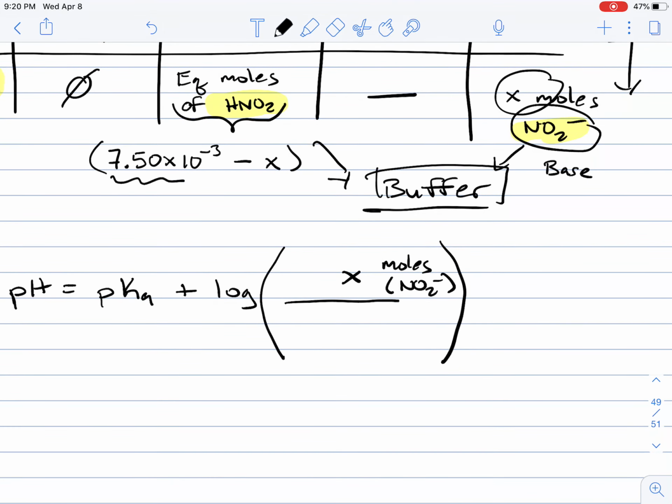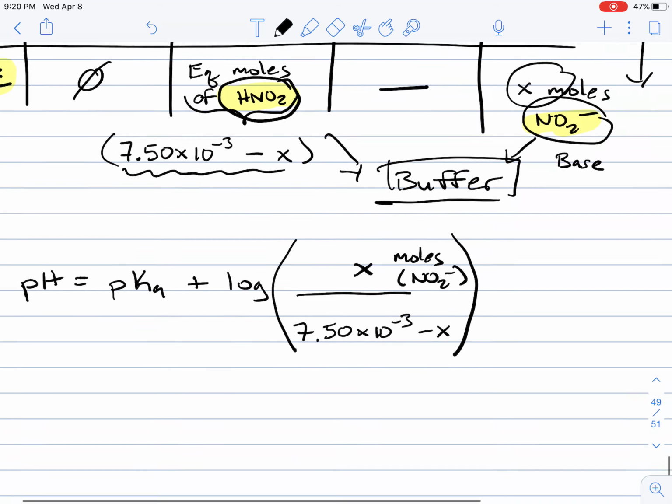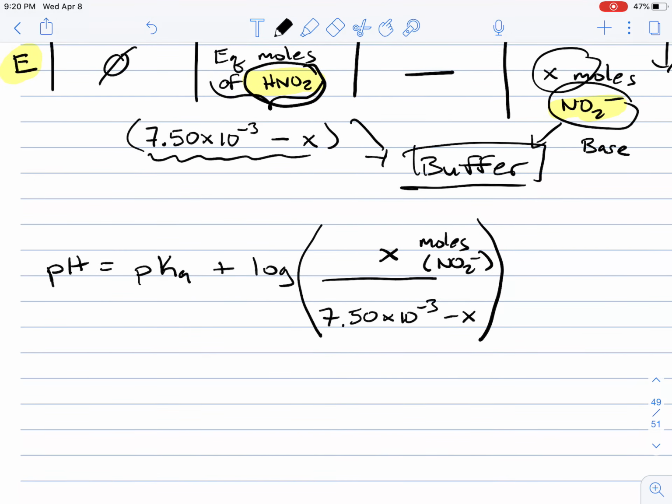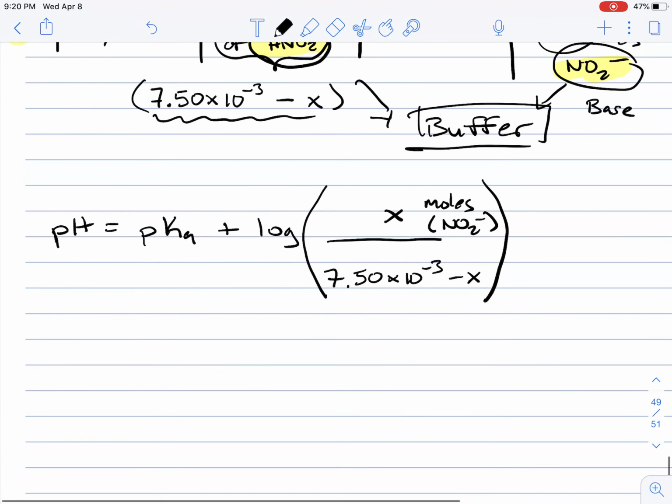And I'm going to take whatever I wrote here and put it in the denominator, because that's representative of the weak acid, the moles of weak acid at equilibrium. So 7.50 times 10 to the negative 3 minus X. Cool. So now that I have everything in terms of mole units,